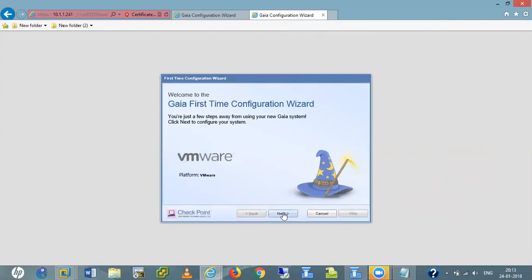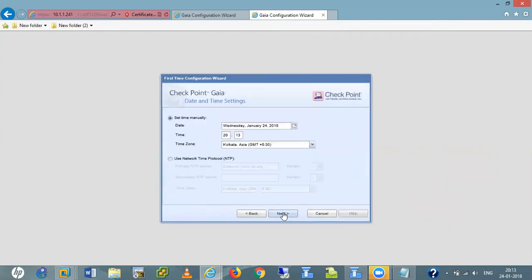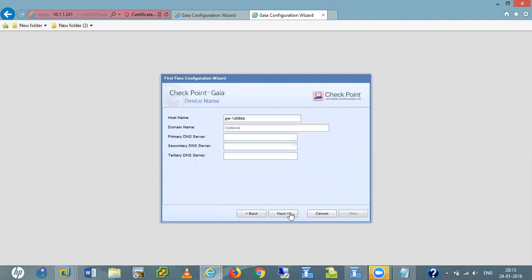At the same time, I am doing the same thing for this log server. Here I set the name, checkpoint log server. I give the domain name.